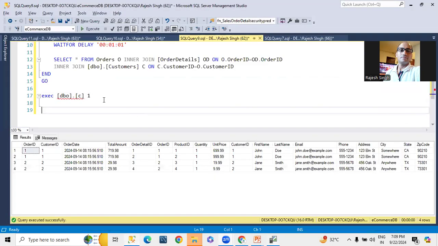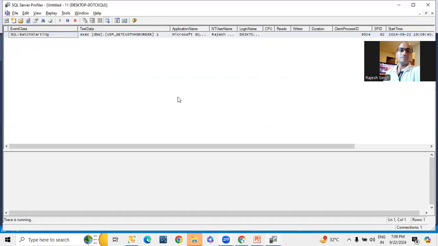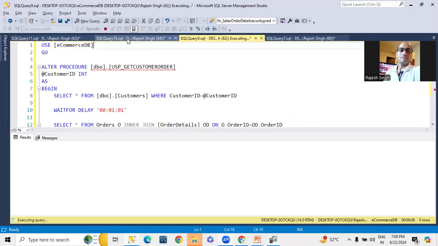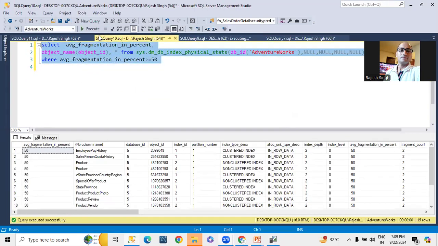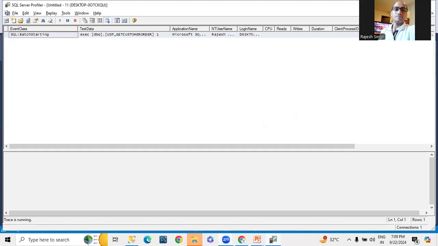It's not a problem here. Let me go, Control Z. And if I execute this one, you can see this is captured. And if you go for a different procedure or query, they will not capture basically. Yeah, are you able to see? So on the basis of a specific need, you can filter out.